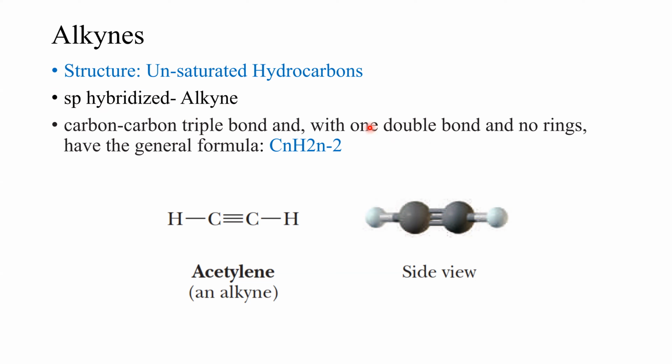So if it has only one triple bond and no ring, then the general formula for this one is CnH2n minus 2. What does it mean? In alkenes, we have seen that there are two hydrogens less than the alkanes,